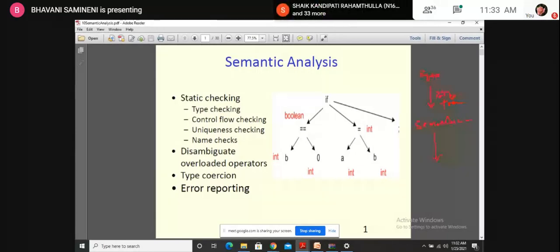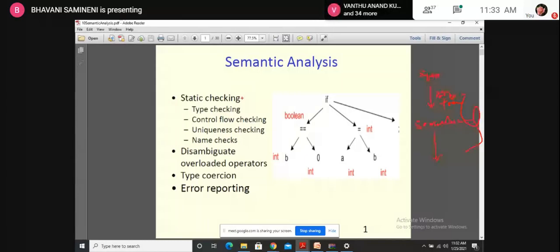During this conversion, many things can be performed that are out of the box for syntax analysis. There are things not performed by the syntax analysis that can be performed by the semantic analysis in this phase. That is why it is mandatory to go through the semantic analysis phase. There are a few points here that we have to discuss.